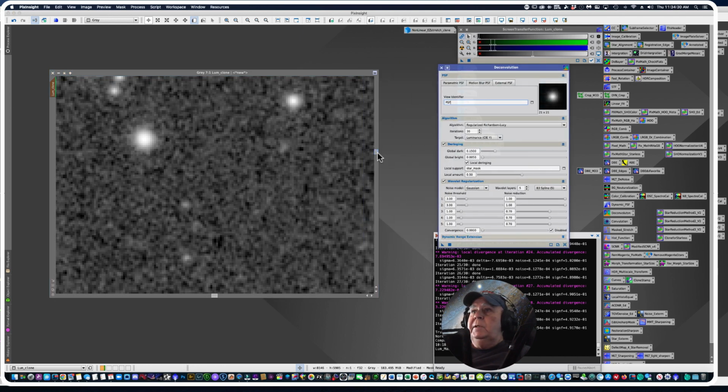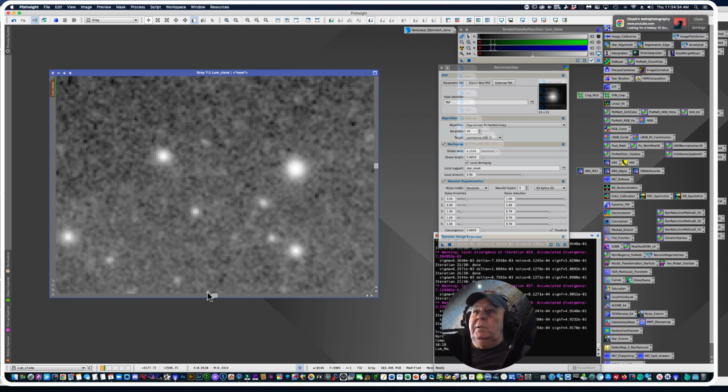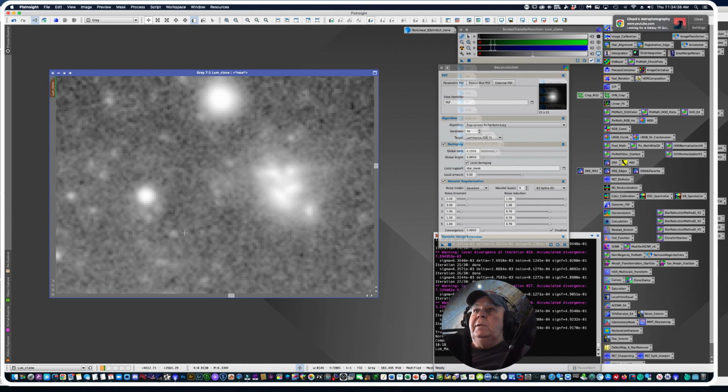this over to the side. I want to get some bright stars and see. Yeah, there. Let's look at before and after. There's more detail clearly, and I like that, but